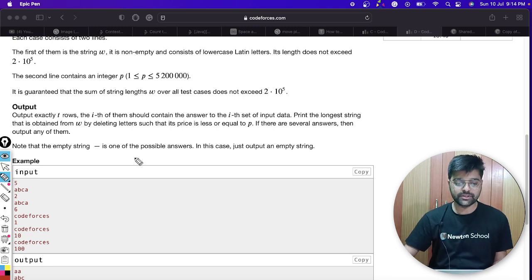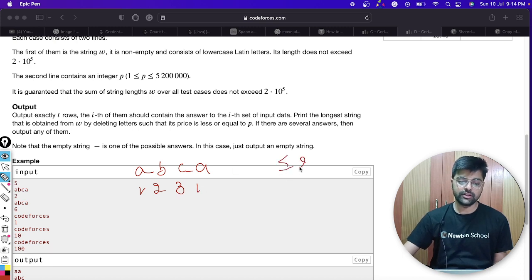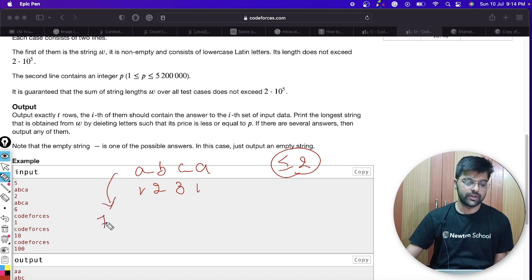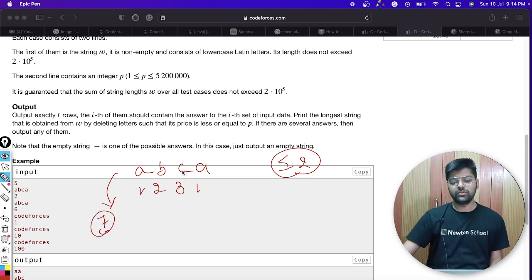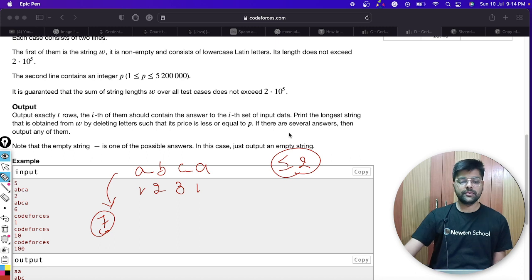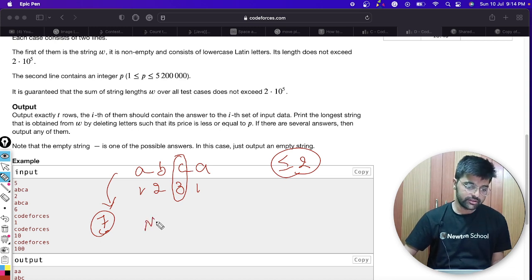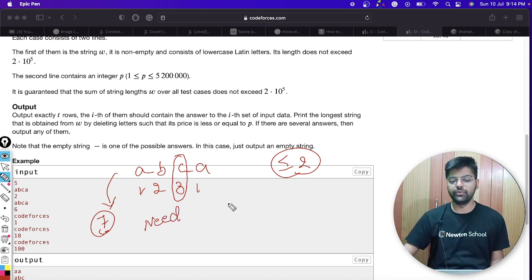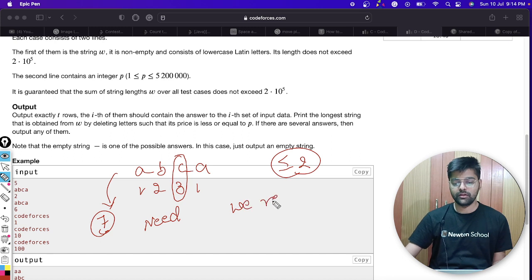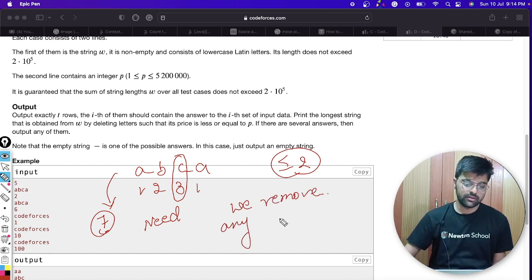So let's say we have A, B, C, A with scores 1, 2, 3, 1, and we need to make the total less than or equal to 2. Right now the total score is 7. We need the longest string, so we need to remove characters.